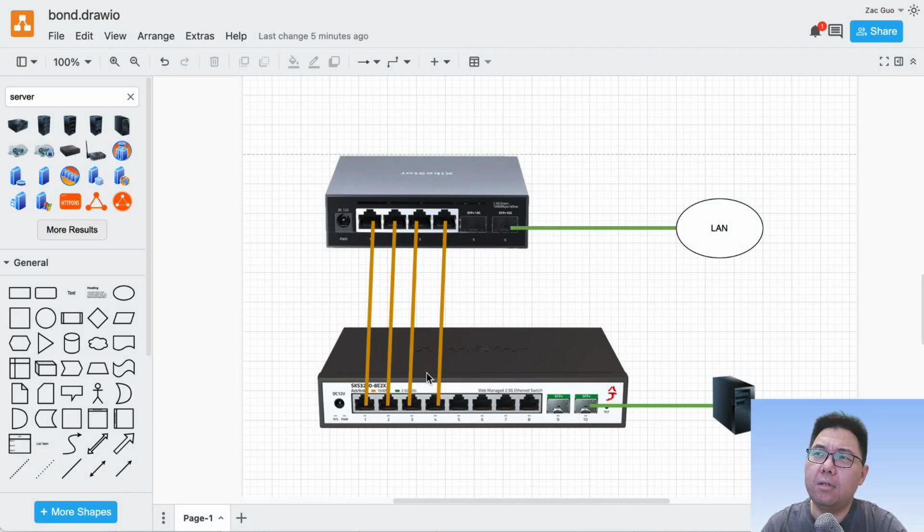Okay, in this video, let's try link aggregation. I'm going to try this topology to aggregate 4 2.5 gig links between two of the XikeStor switches. I have 3 of their switches, but the third one is a 10 gig only switch, so obviously I can't do that. So I'm going to do this between the upper one, the SKS 3200